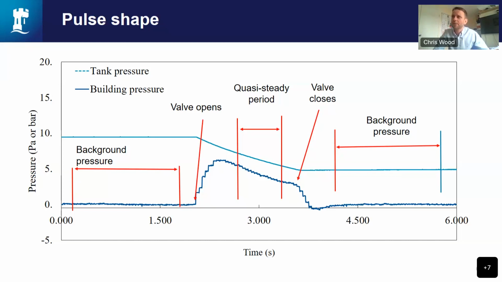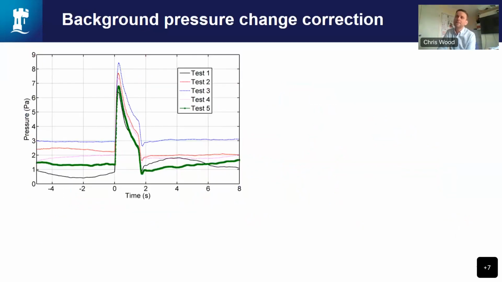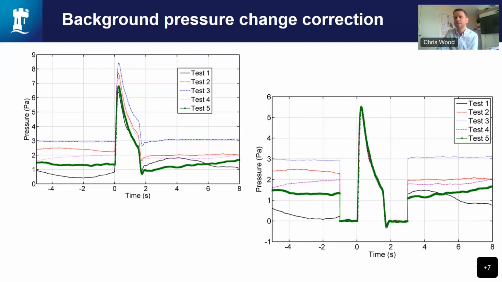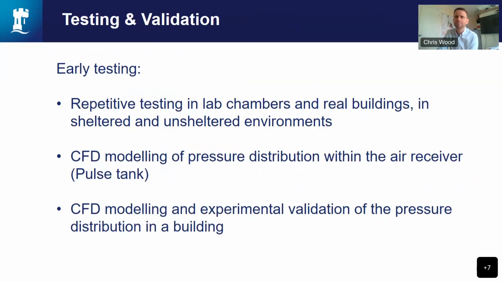And at some point, the valve will close, the pressure in the building will decay, and we can read the background pressure again. Here is a test repeated 5 times, and you can see different background pressures, which may be caused by the vagueness of the wind. Point being, it is repetitive, and we can correct for those background pressures because the duration is so short. So early testing involved repetitive testing in lab chambers and real buildings, in sheltered and unsheltered environments,